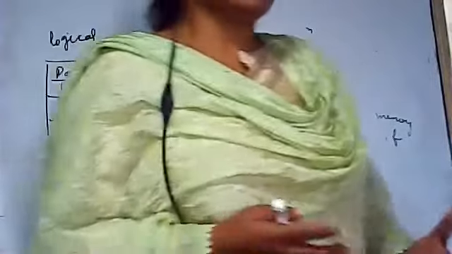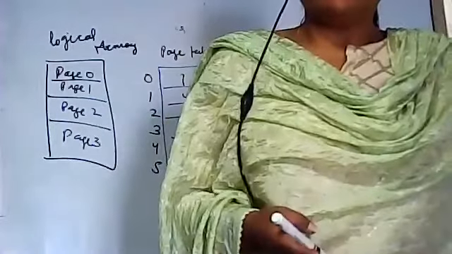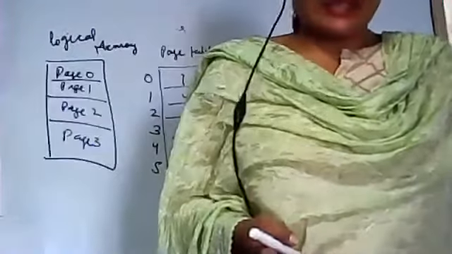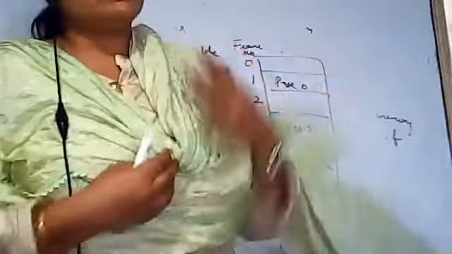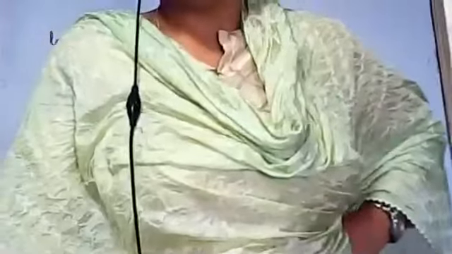But what is virtual address space? Virtual address space is a logical view of how a process is stored in memory. It usually starts at address 0 and has contiguous addresses until the end of the space. 0 से start करके contiguous space until the end. Meanwhile, physical memory is organized into page frames. We have discussed that physical memory can be divided into page frames. The memory management unit can map logical addresses to physical addresses.